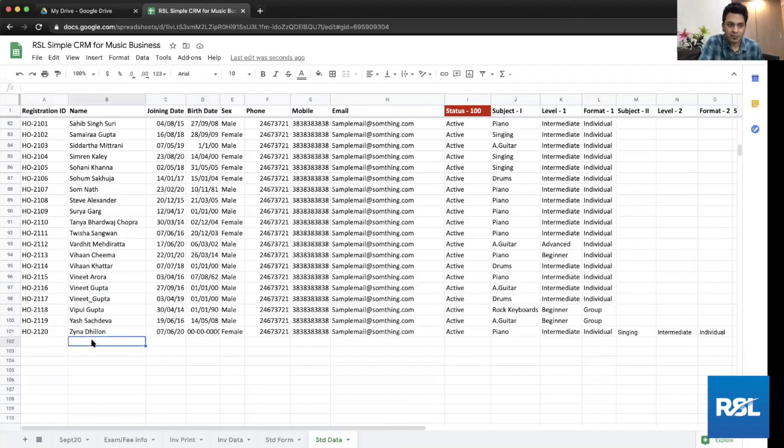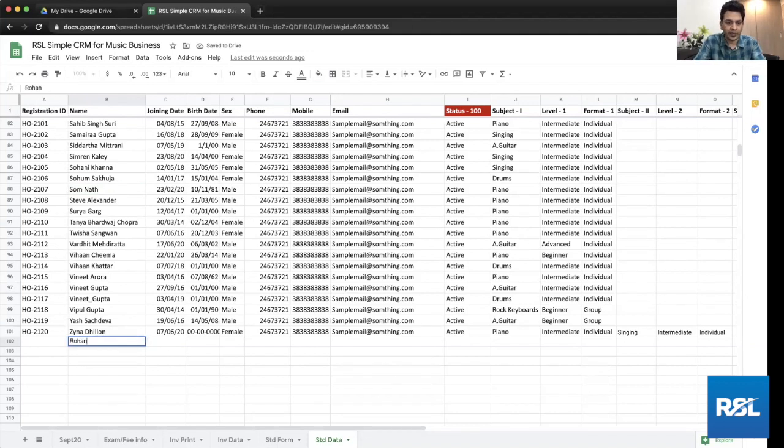For example, suppose I'm typing row 88, which is Somnath. The moment I do this, it will highlight that it is a duplicate value. This name already exists, so it will automatically highlight that for you. All you need to do is change this name slightly. Maybe add an underscore at the end or in the middle. Or you just call it Somnath 2 if you like. Whatever you want to do, you can do that. So if Somnath has an objection to being called 2, you can just add an underscore in the name like this. So this is what you can do.